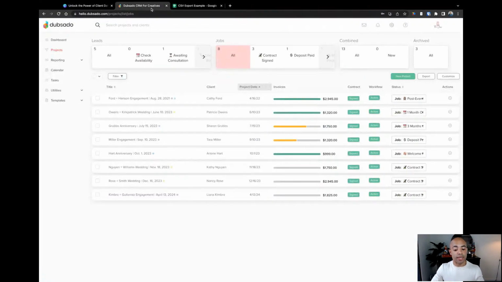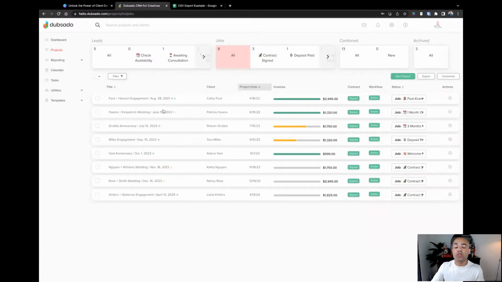So when I come over here to Dubsado, you can see this is just an exact image of what we just looked at in the handout, but you can see all of my project titles have a similar naming convention. It has the name of the person, or the last name in this case, and what it is that I'm doing for the client. So engagement, wedding, anniversary, engagement shoot, anniversary shoot.